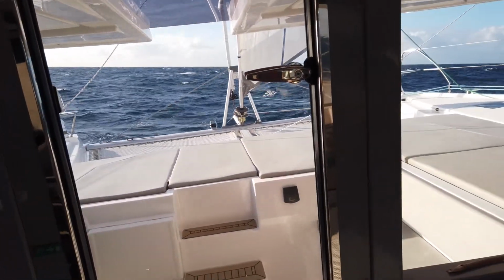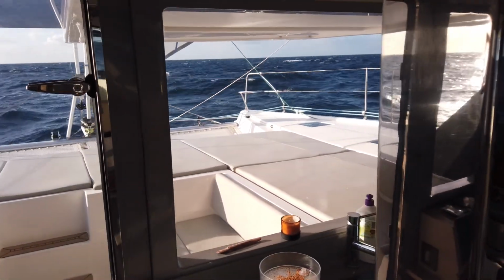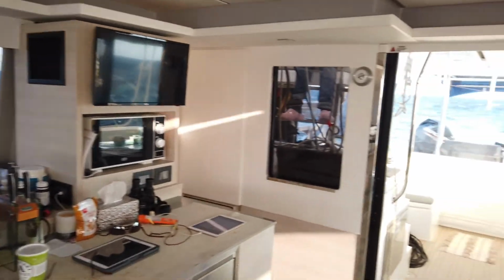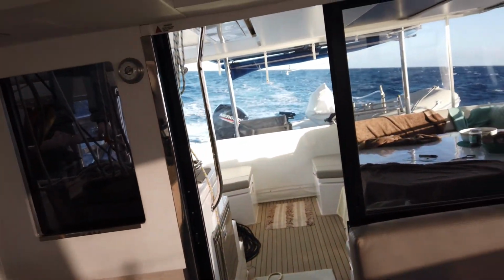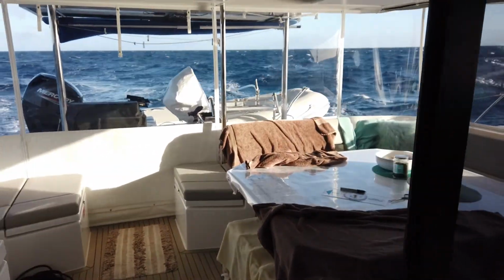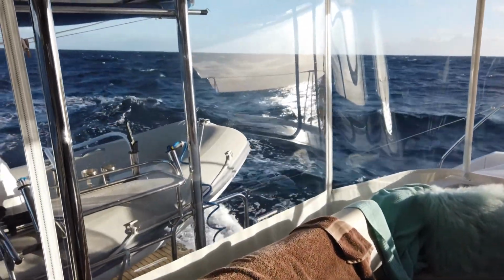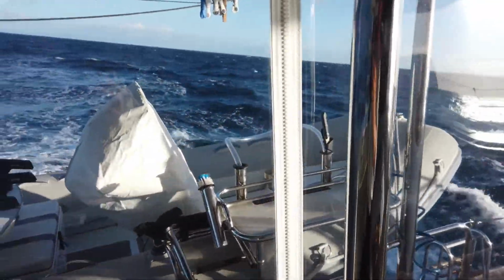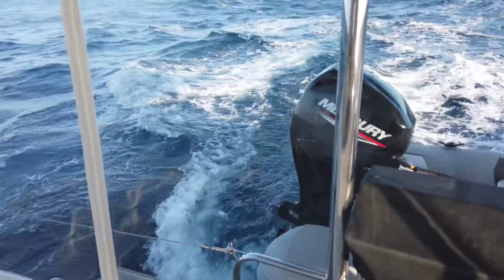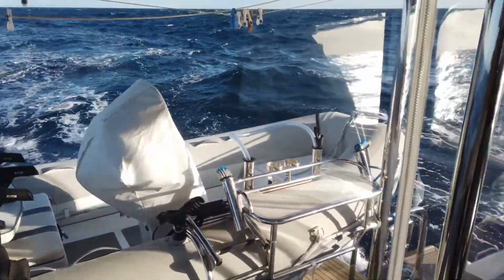Well, we've been going for 3-4 hours now. We've averaged 8.5 knots. We've had about 18 knots apparent at 150 degrees. Sea state is quite flat, but you can see it's pretty messy, short. Wouldn't want to be going back that way. But we're getting along. Getting over 10 at times, but generally sitting on 7.5,